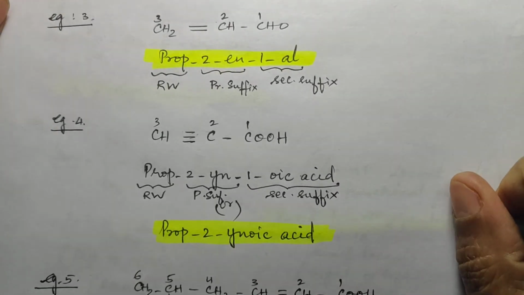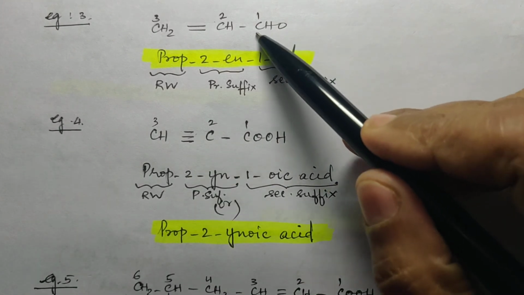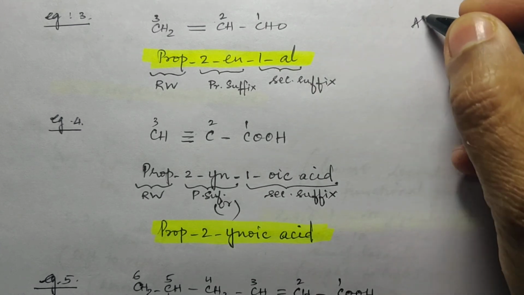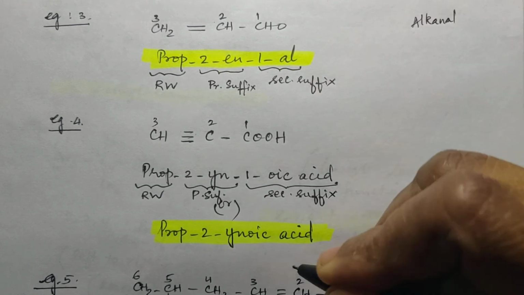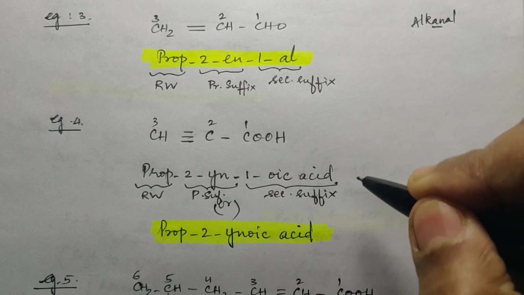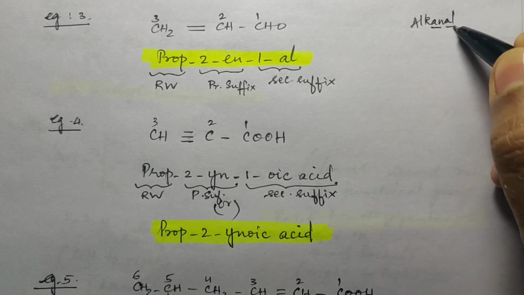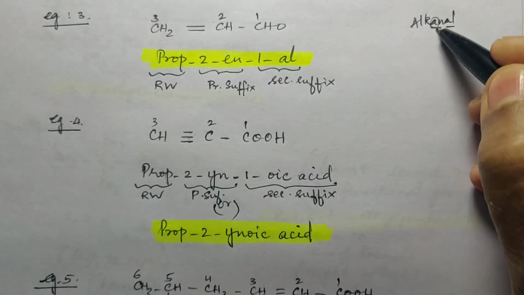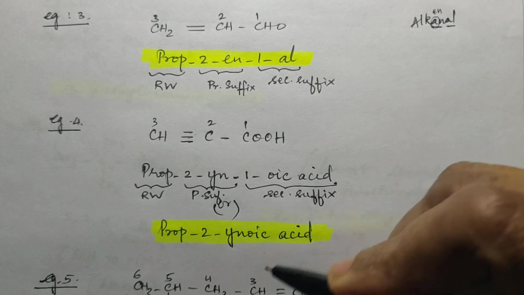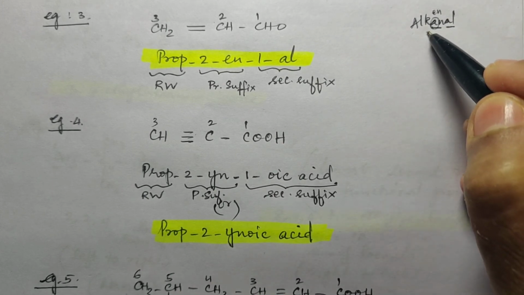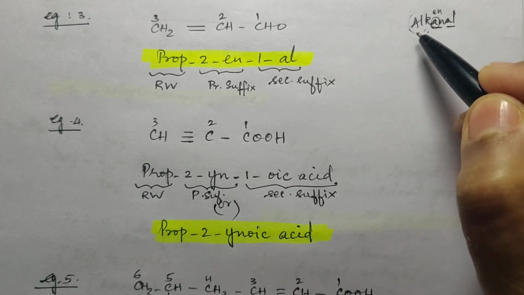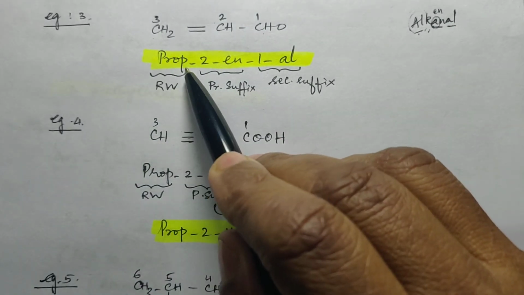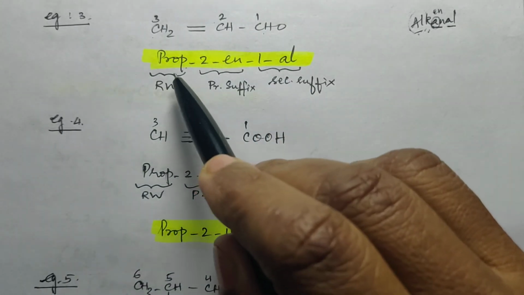That is C. Now here, which is the group that is present? CHO is called as aldehyde. Aldehyde का नाम क्या है? Alkanal. Is it not? Now AN tells you primary suffix. AL tells you secondary suffix. Now here you are having a double bond. So this is not AN, this is EN here. Okay. And how many carbon atoms are there? To find out the root word, alk is nothing but your root word. So root word is 1, 2, 3. So prop. 3 carbon atoms are there. So root word is 3.